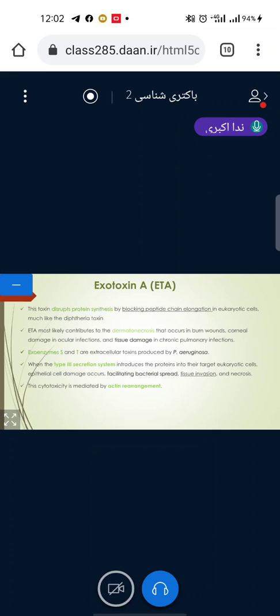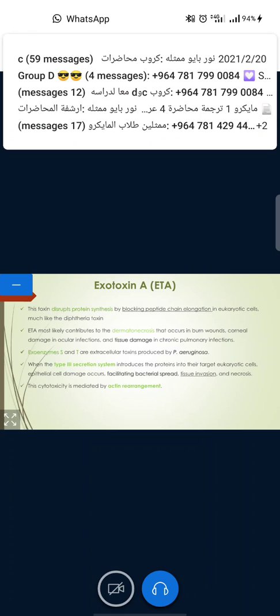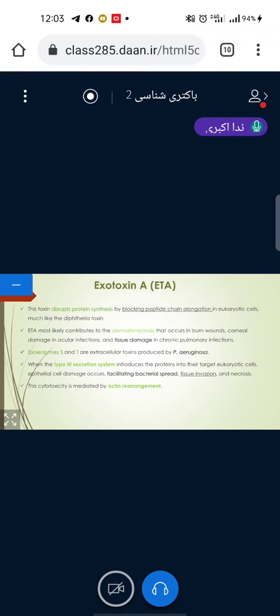ETA is believed to be one of the most important virulence factors. Not just the most important exotoxin, it is the most important virulence factor produced by pathogenic strains of Pseudomonas aeruginosa. How? What is the mechanism of action of this toxin? This toxin disrupts protein synthesis, blocks protein synthesis, stops protein synthesis. How? By blocking peptide chain elongation in eukaryotic cells,